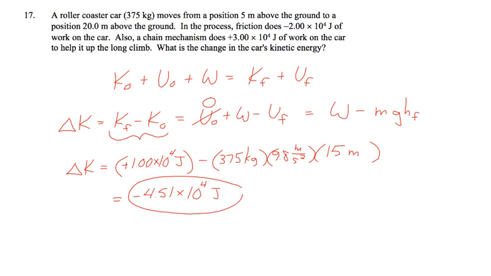It makes sense because I know in the problem, yeah, there was friction and there was work. So actually, this would be raising the energy, this would be lowering it. But it was going from 5 to 20. So my potential energy was going up. Usually, if the potential energy is going up, the kinetic energy is going down, unless you have a big amount of work that's overcoming that change. So in this case, that means that the final kinetic energy is a smaller number than the original kinetic